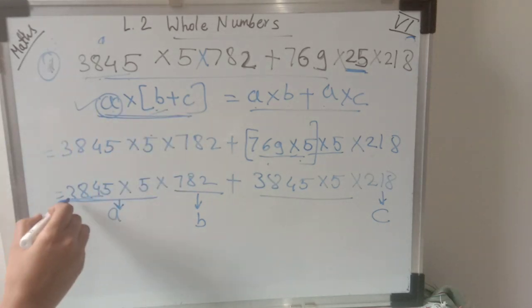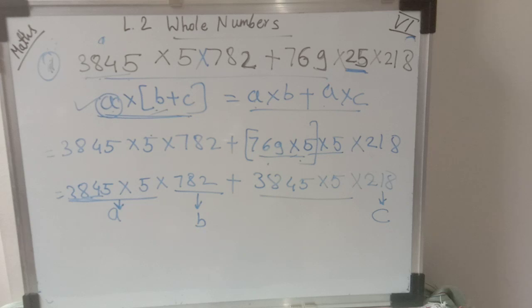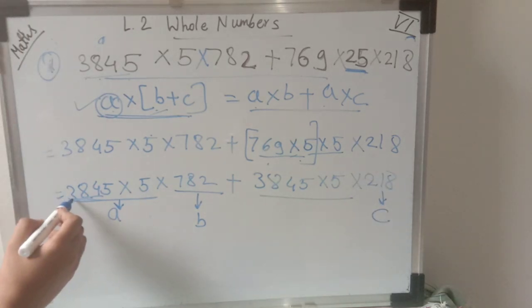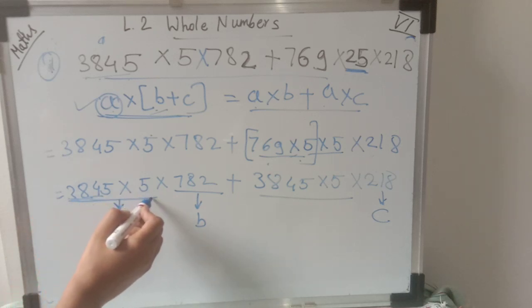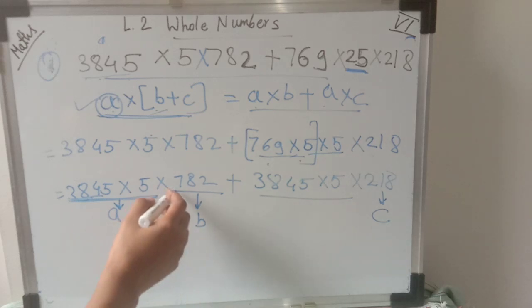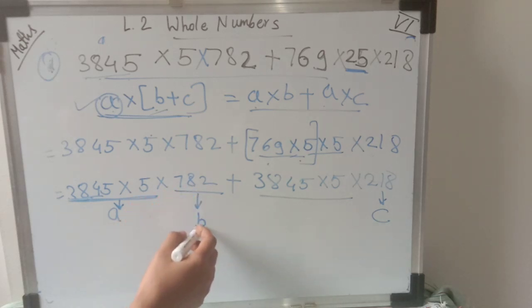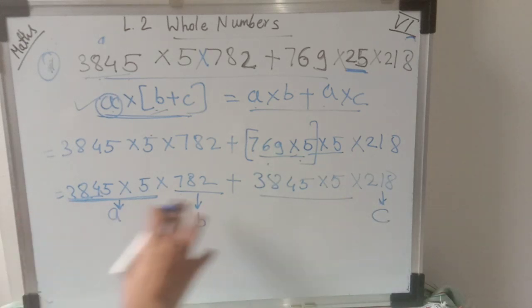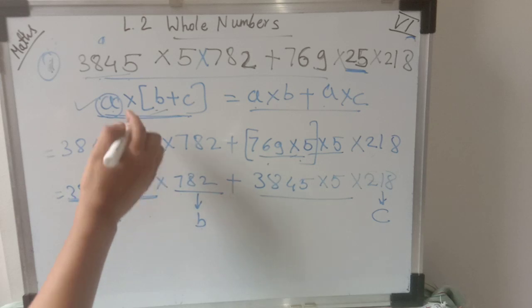अगर हम सिर्फ 3845 को A कंसिडर कर लेते हैं, ओके, और इसको B कर लेते हैं, उसको C कर लेते हैं, पर यहाँ पे 218 तो है, तो उसका क्या करते हैं हम, इसलिए हमने क्या किया, 3845 मल्टीप्लाई बाय 5, इन दोनों को A कंसिडर किया. ओके, एंड देन वी कंसिडर 782 एज अ B एंड 218 एज अ C. नाउ लेट्स डू it, now let's put them all in this format.